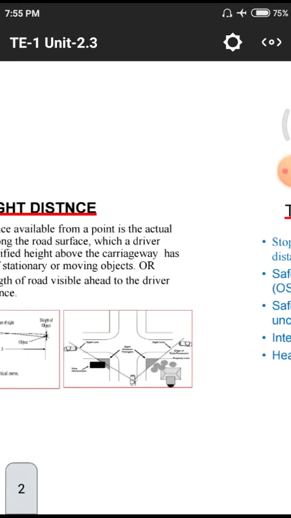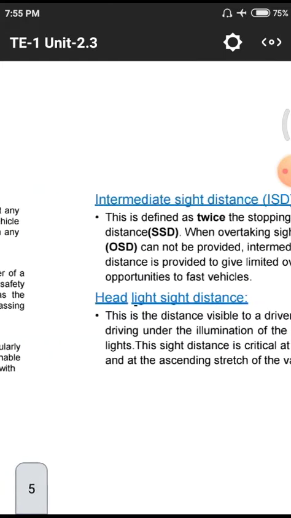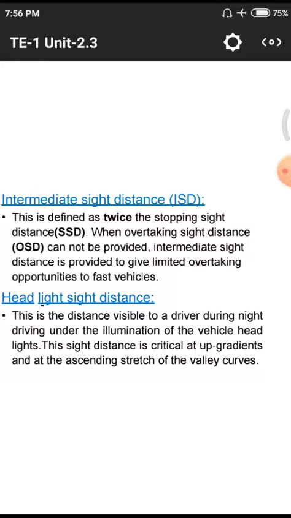Valley curves we discussed in the previous classes, particularly in the designing of horizontal curves and vertical curves. In horizontal curves we do not have valleys because the road is in a horizontal plane. But in vertical curves we have these valleys, because the road is constructed against the ground level. That means the road moves in an upward direction due to hilly areas and others. So in the particular valley areas or curves we have this light problem. That means we need to maintain headlight sight distance.